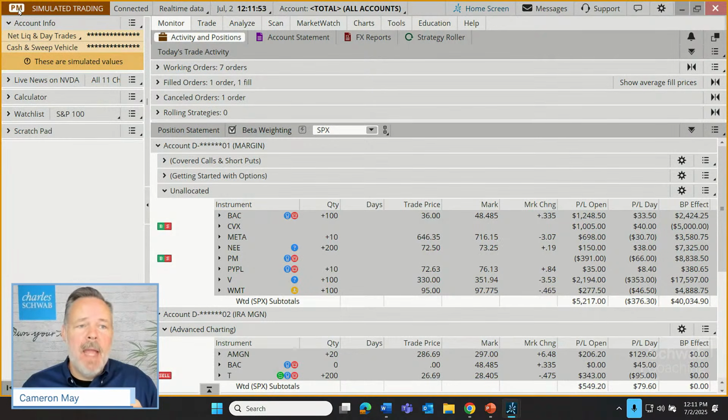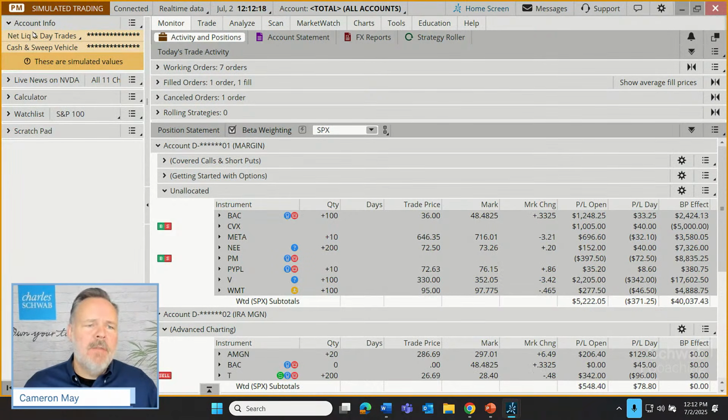PM stands for paper money. That means this is the practice account. This is not the live account. This is simulated trading. So I know whatever I do here, I'm not exposing my money to any risk. So it's a great place to practice with new tools, practice with new strategies maybe we've stumbled across. And then once we're comfortable, move over to the live platform.